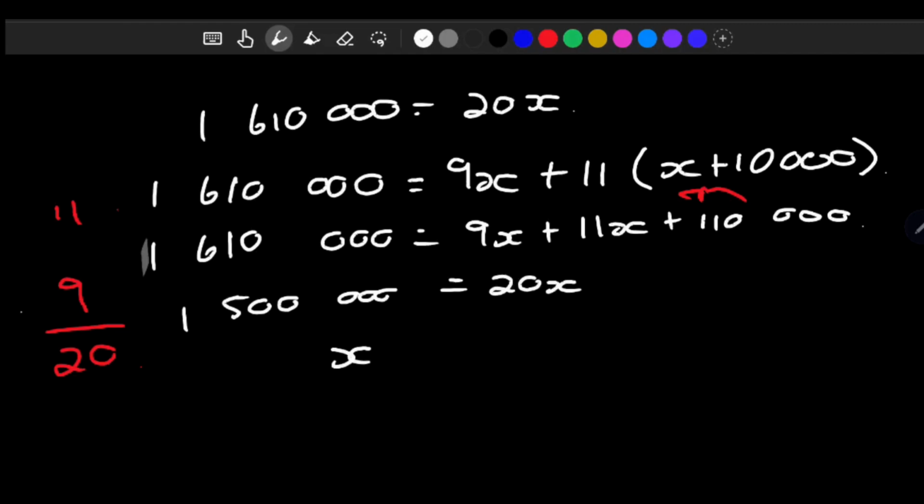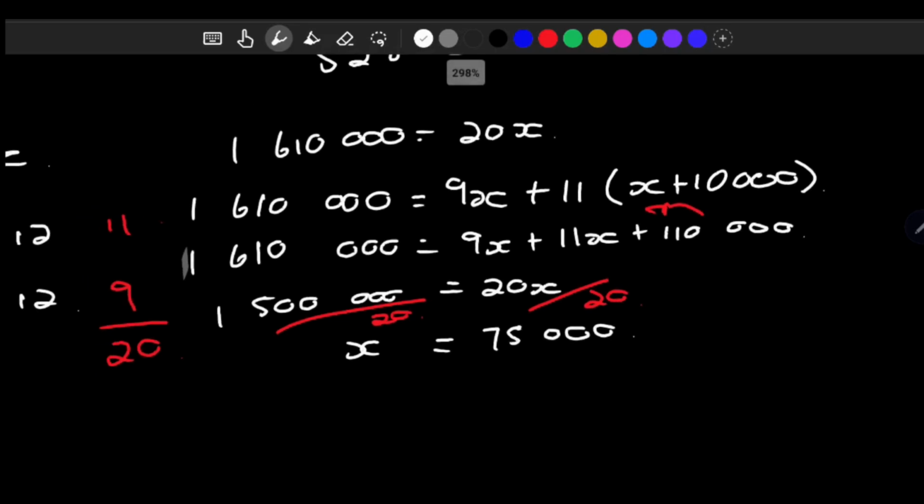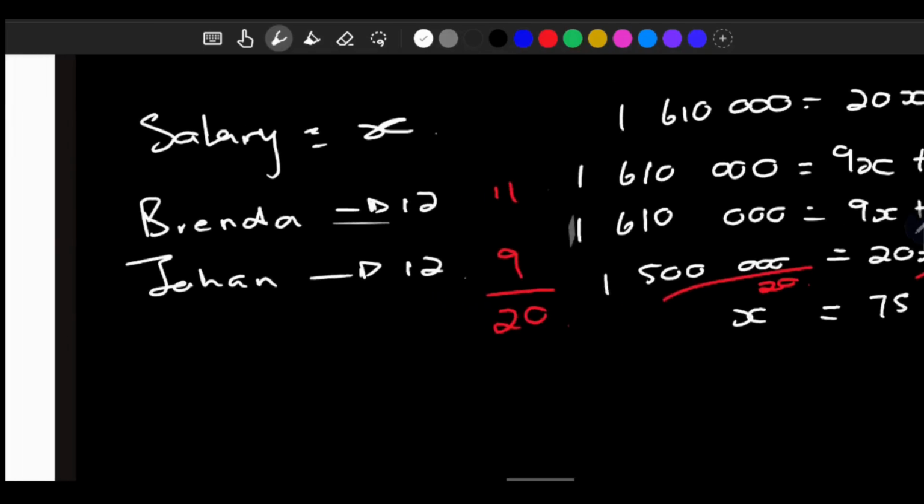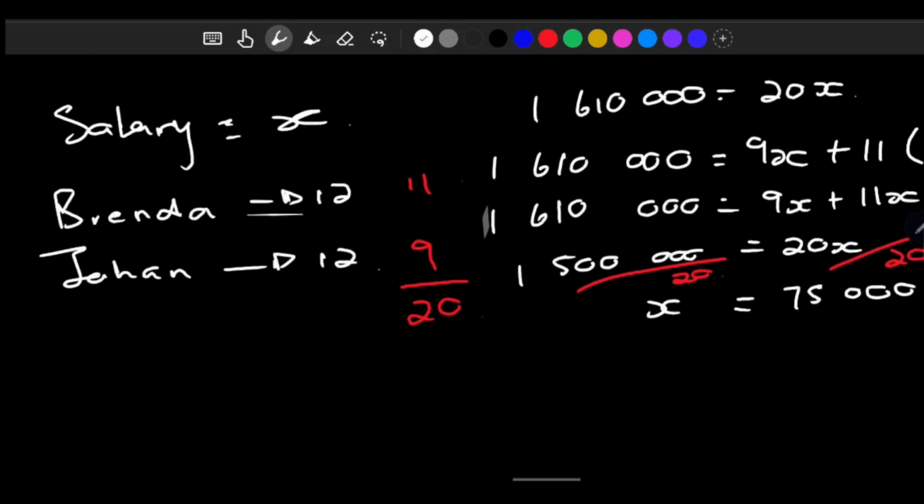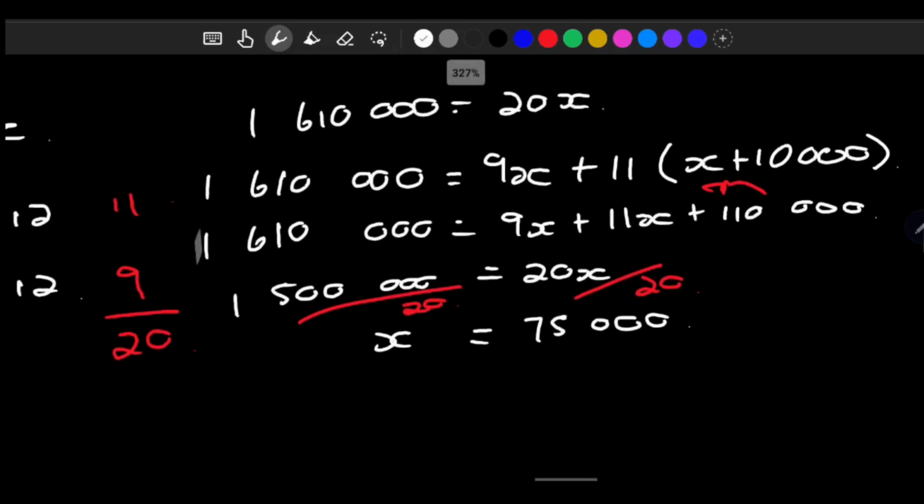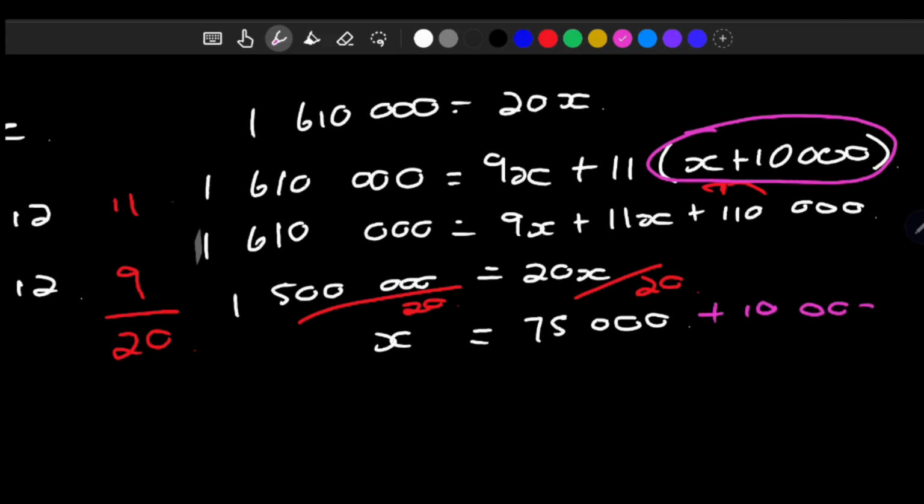That means x is going to be, when you divide by 20 on both sides to get x by itself, your answer for x there will be 75,000, right? But pause. Remember, X is just Johan's salary. It's the normal salary, right? And we know that Brenda's salary is Johan's salary plus 10,000, right? So here we're going to say plus 10,000, and Brenda's salary is then 85,000,